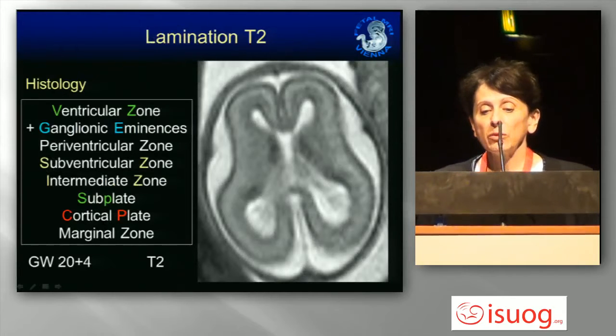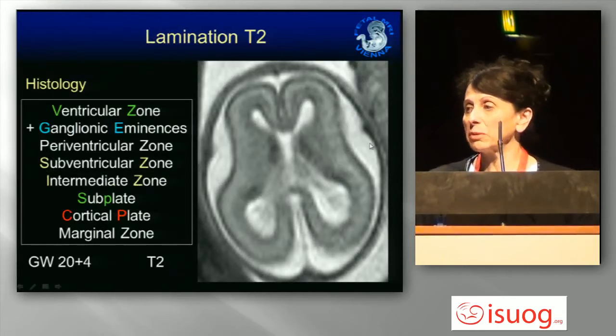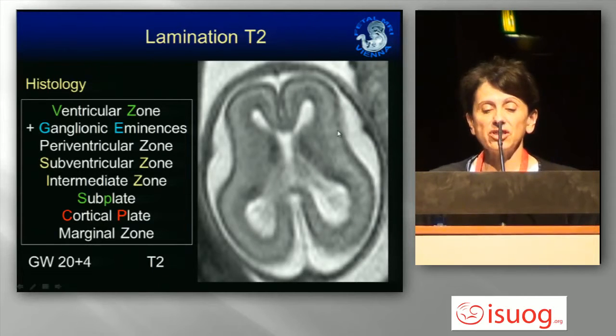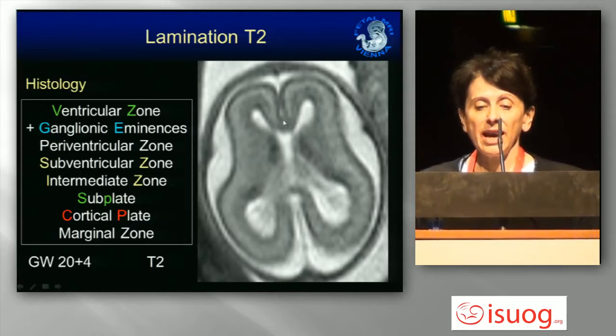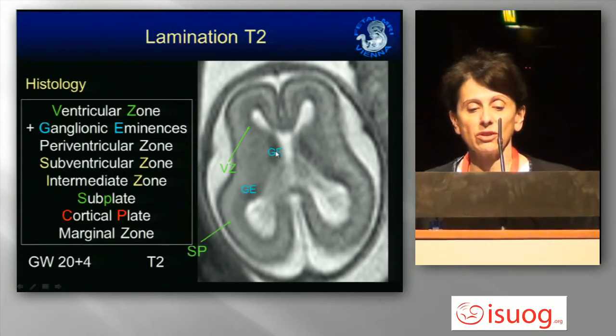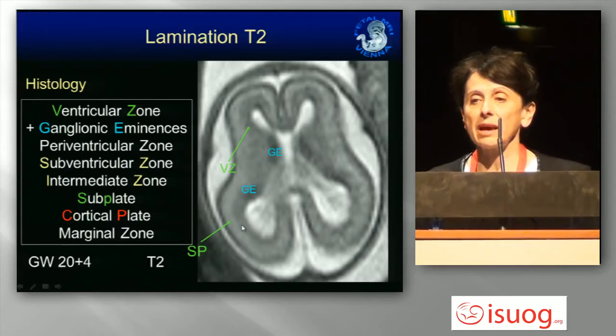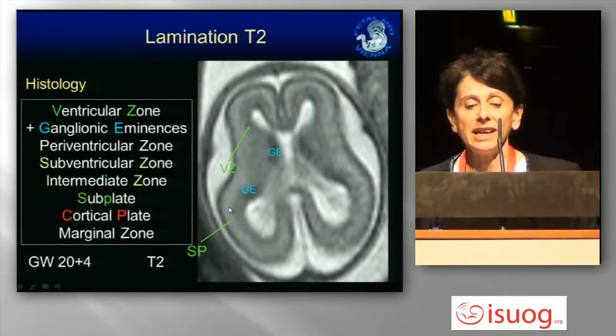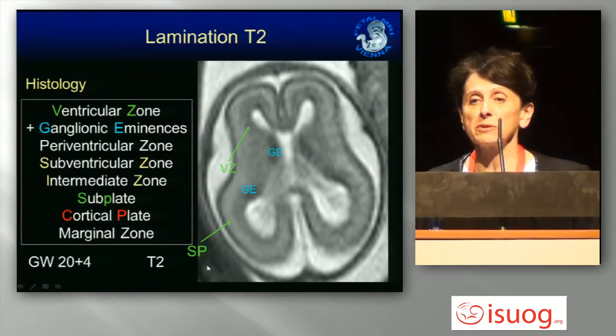On MRI, we are less interested in looking at the surface, because the surface can be excellently depicted with ultrasound, but we are very much interested in looking inside the brain. And here you see the zones: the ventricular zone in darker, and the germinal eminences, where all the cells originate from, the glial cells and also the neurons. And this very important zone, this is the subplate. This is the cortex of the fetus up to gestational week 28. Here the connections between neurons are made.